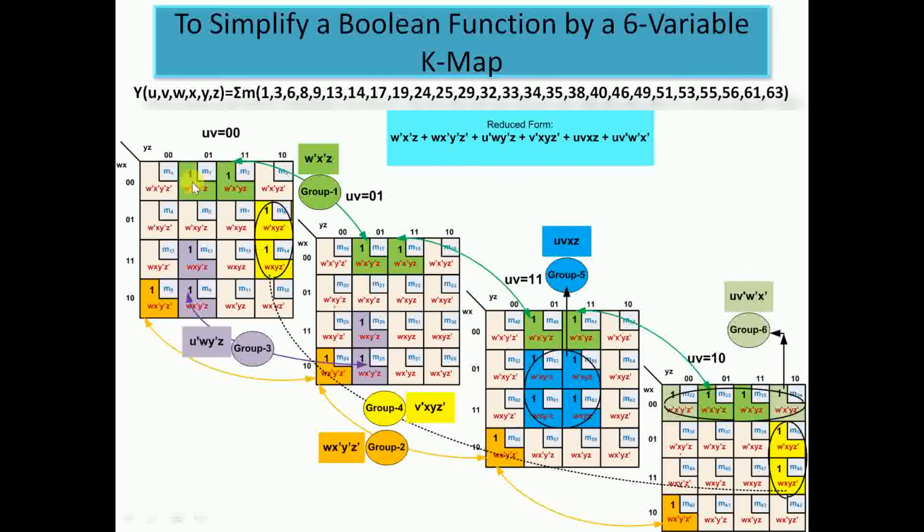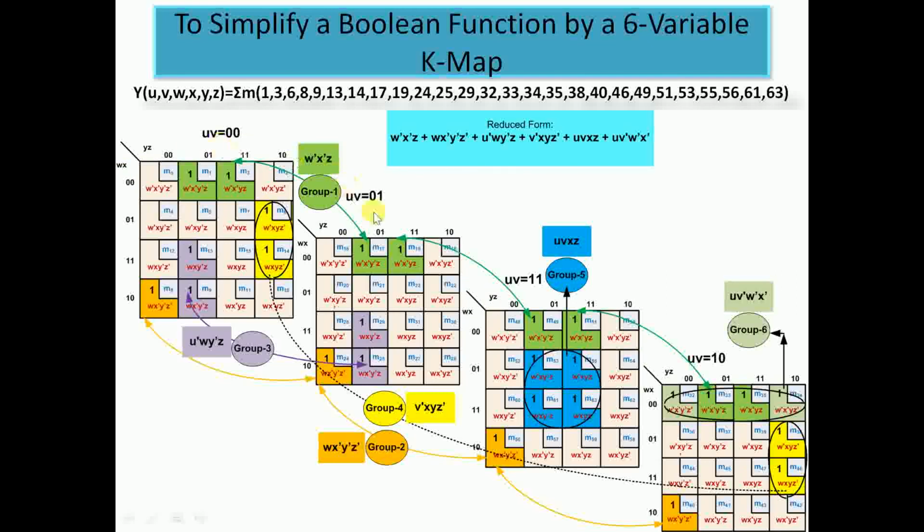So here these min terms M1, M3 in the first map can combine with the min terms M17, M19 in the second map. Now these min terms can combine with the min terms in the third map, M49, M51, and these two min terms can combine with the min terms in the fourth map, plotted at M33 and M35. So what you can understand over here is we have a formation of a group with min terms from all the maps.